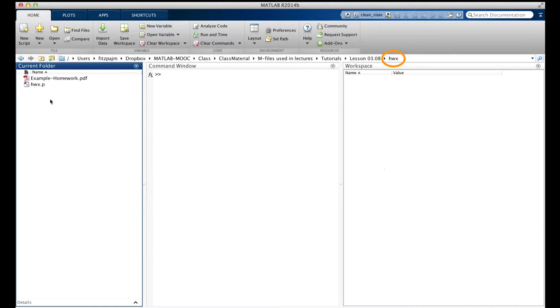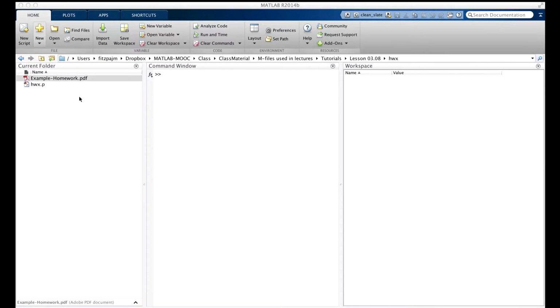Here, X means example. You could make a folder named HW3 for homework 3, for instance, instead of HWX for example. First off, in this folder, you should put the PDF file that contains the set of problem statements for the assignment. Here it is, example homework.pdf. And you should copy the file containing the automatic grading program for the homework set there. We'll just call it grader, and here it is. For each homework assignment, you have to download a separate grader to your computer before you can use it. So you need to know how to do that.